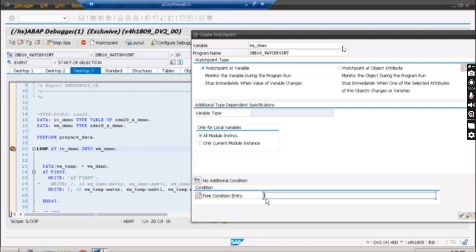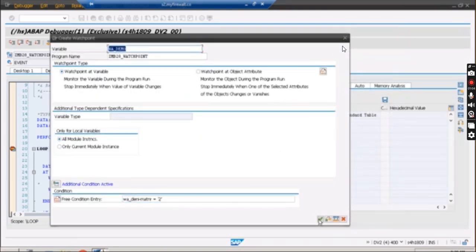Here you'll have to give the condition under the free condition entry: w_demo hyphen matnr equals to the material number you are interested in, that is 2. So you can give the 2 over here. Just click on this OK button.